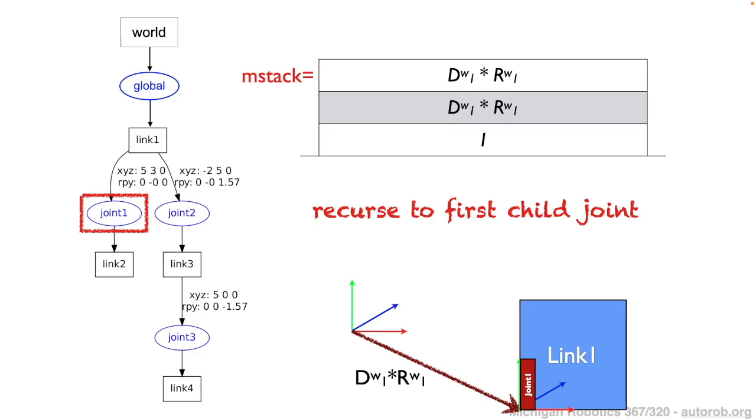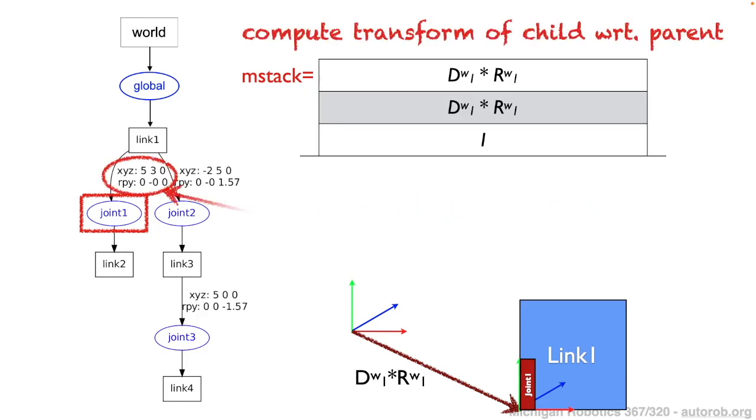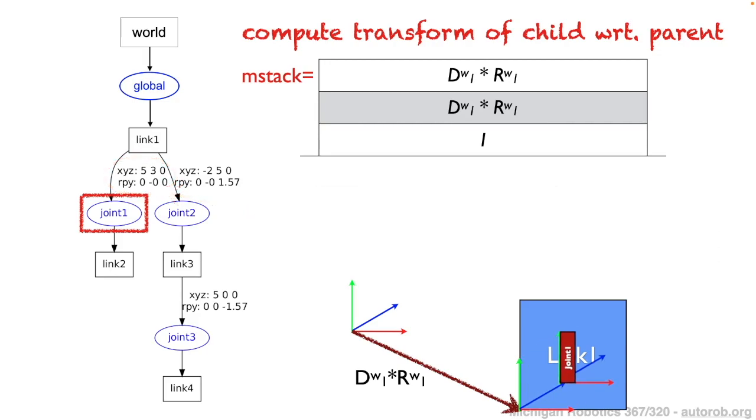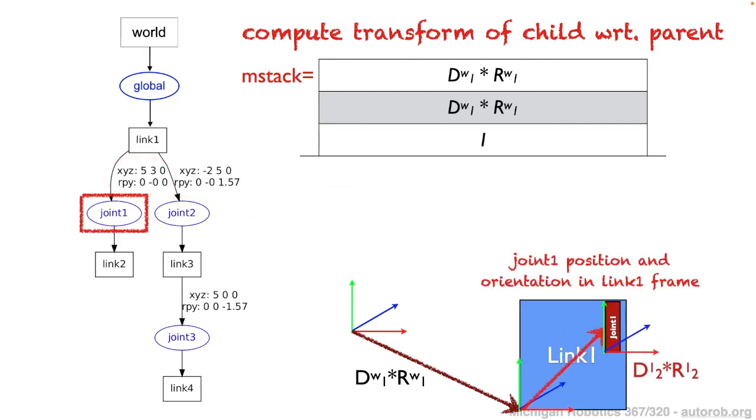And because we traveled along an edge, we know we need to create a new transformation matrix. And so to do that, we take the properties of this particular joint, which is the XYZ and RPY. Once again, we can construct a translation and rotation matrix, which is D sub 2 and R sub 2, both with respect to link 1. And composing those two transformation matrices will give us the local transformation for traveling from the link 1 frame to the